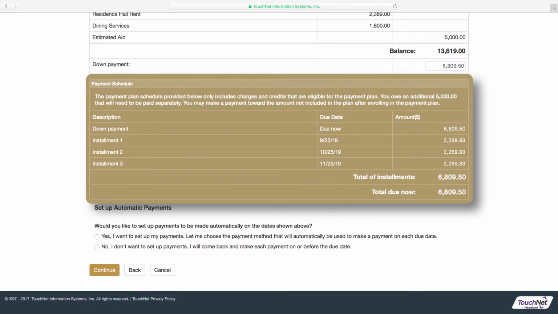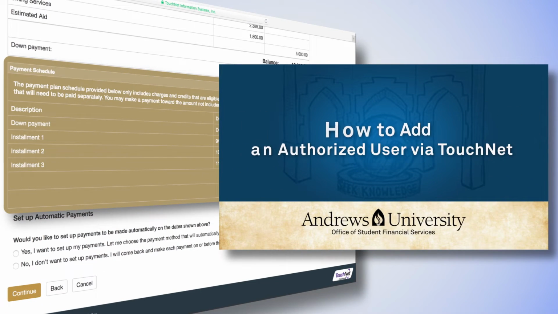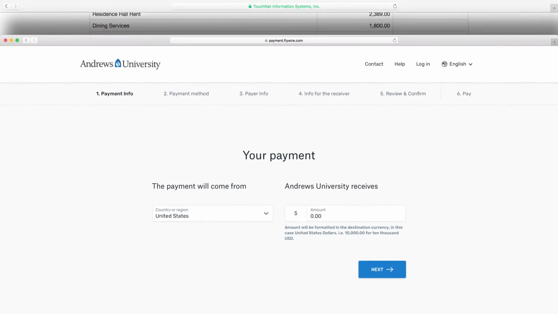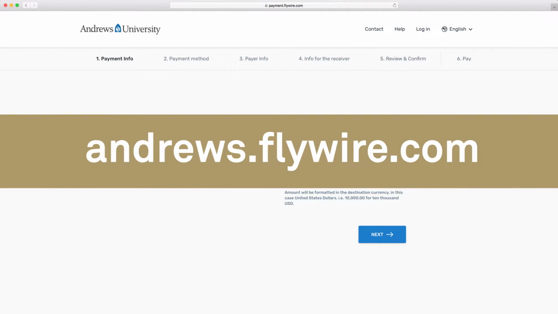Please share this payment plan information with the person paying. Be sure they are aware of payment deadlines to avoid late fees. Forward statements promptly when you receive them. You may also find it helpful to watch our tutorial on how to set up an authorized user to make payments. If you do not have a U.S. bank account, debit or credit card, at this point you will want to save the payment schedule and use Flywire